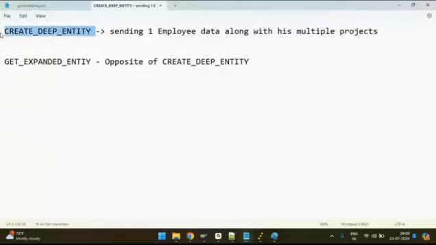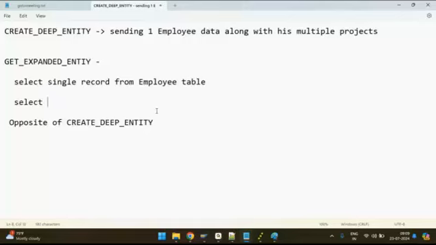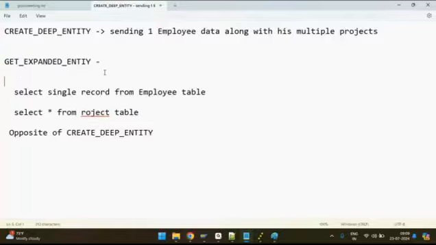Even now, the get expanded entity method is available. You go into this method, select that single record from your employee table, select multiple records from your projects table, and keep the single employee record and the multiple project records in the deep structure, that is TS_deep_entity. This is something we created inside your